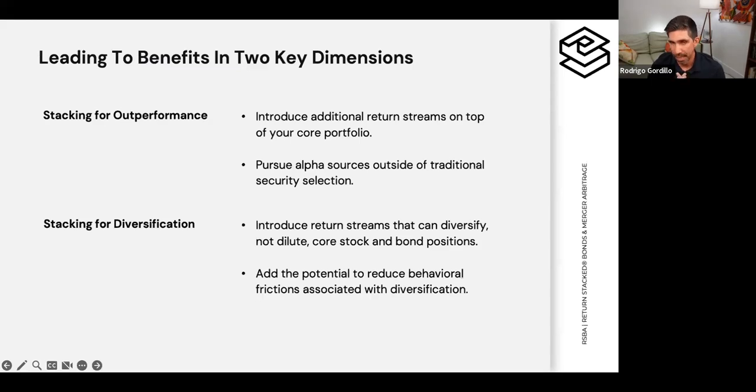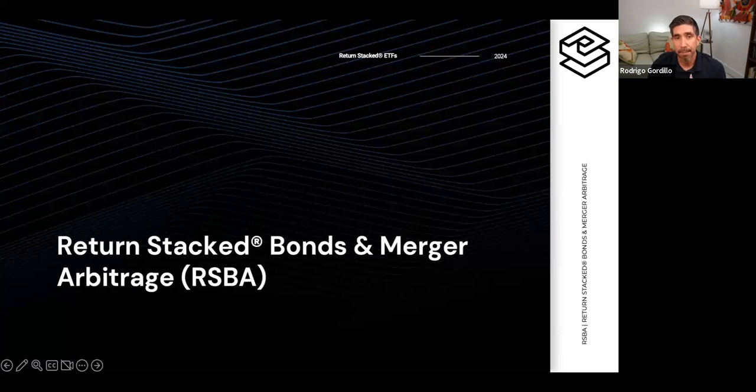different. And one key thing here is not just the behavioral side of performing in line, but the fact that it's prepackaged as a line item in client portfolios, that line item risk that most advisors here, I'm sure, have struggled with through the years, if you allocate it to any alternatives, will be reduced drastically when thinking about it in a prepackaged way. So with that, that's kind of the big picture view of return stacking and why we